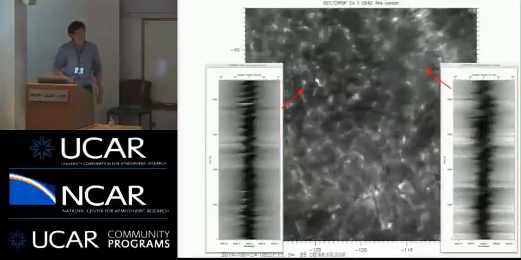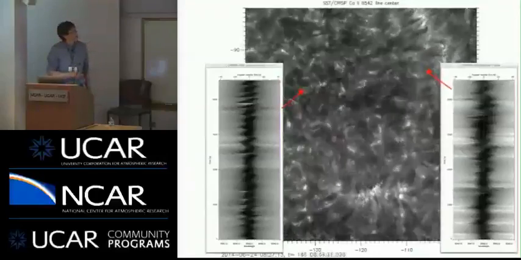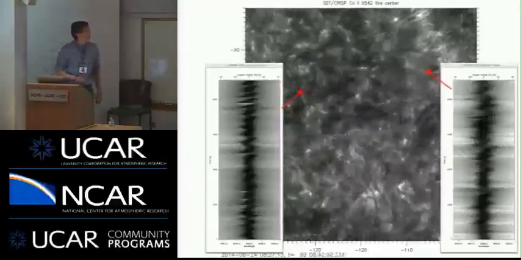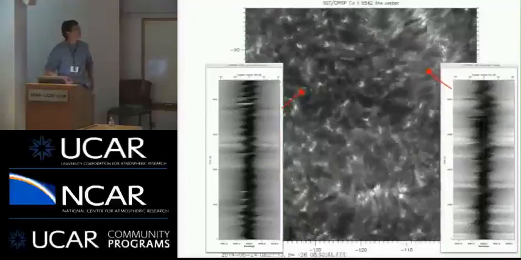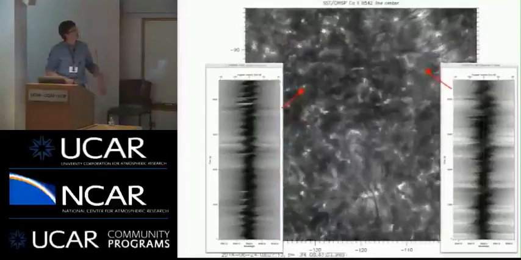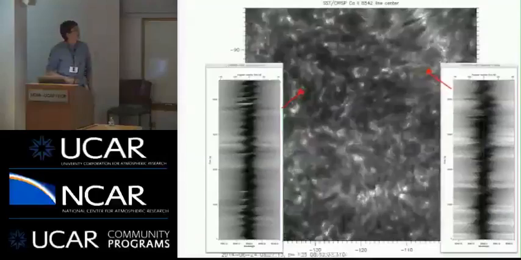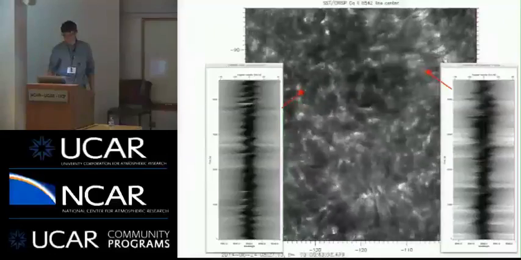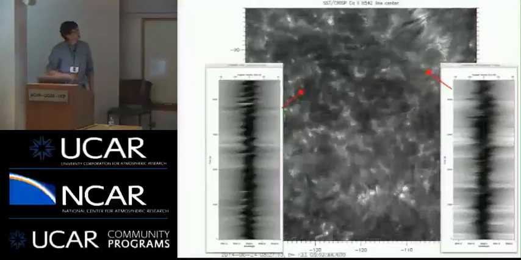But if you then compare to this region or this spot here, you see that the line profile changes on a much shorter time scale. And it also changes very quickly from red to blue. And not only in time, but also in space. So this is an effect of the